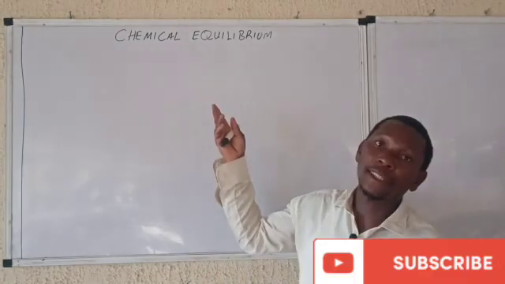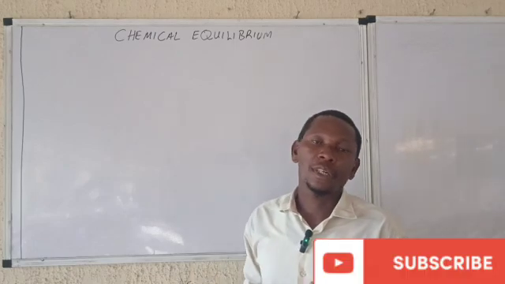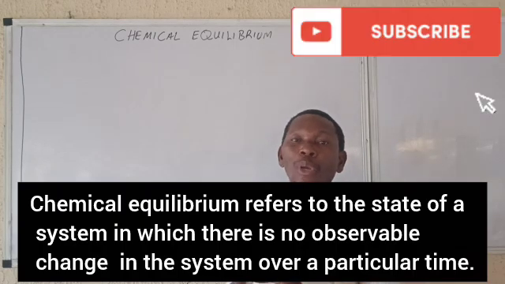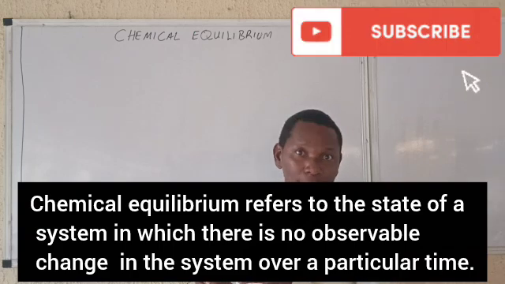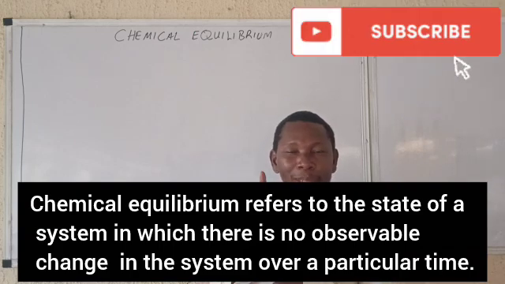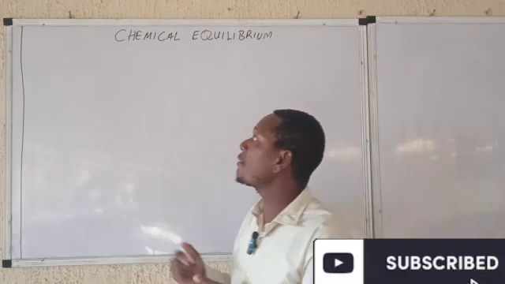Right? So when you talk about chemical equilibrium, it is a state of a system in which there is no observable change in that system over time. There is no observable, remember the word, no observable change in the system over time. So for example, we have